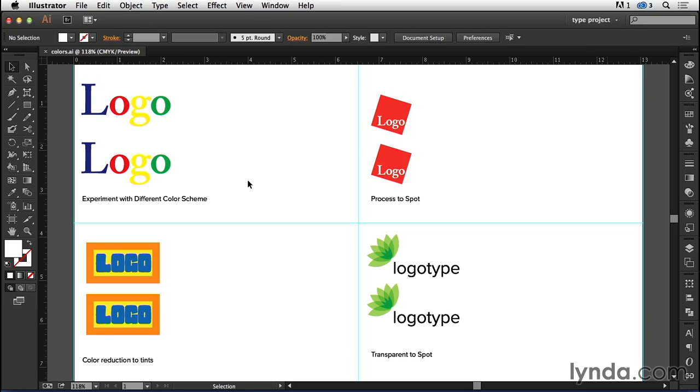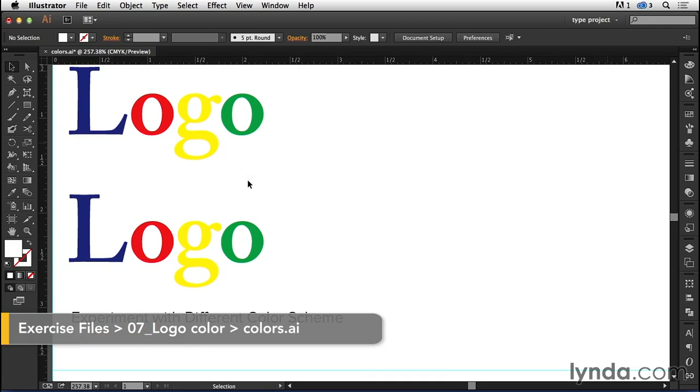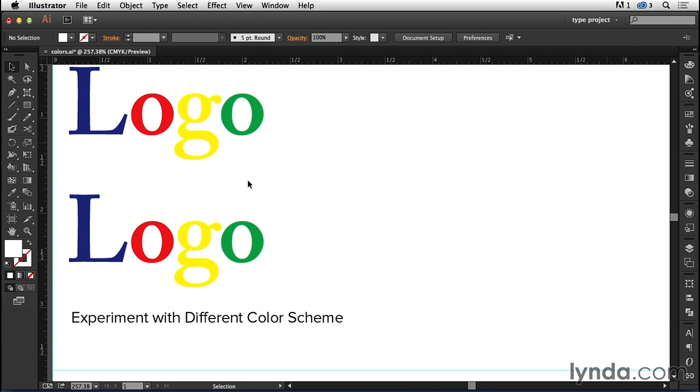Here I'm going to look at some things that we can do with Illustrator's very, very powerful Recolor Artwork feature. I have 4 different scenarios. The first of them is that we just want to experiment with a different color scheme. I have 2 versions of the logo, one that we'll be changing and one that we can compare the changes